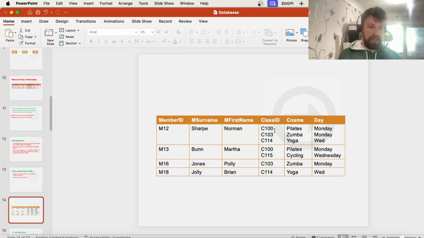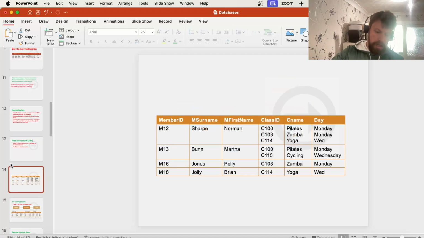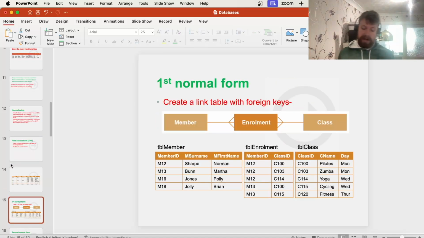So that is a situation there which we do not want to have. So what we would need to do is start creating a link table in there so that we could start removing some of these repetitions of data. As you can see here, we've split the entities up, and this then allows us to not get those repetitions of data. So to take it from unnormalized into normalized,